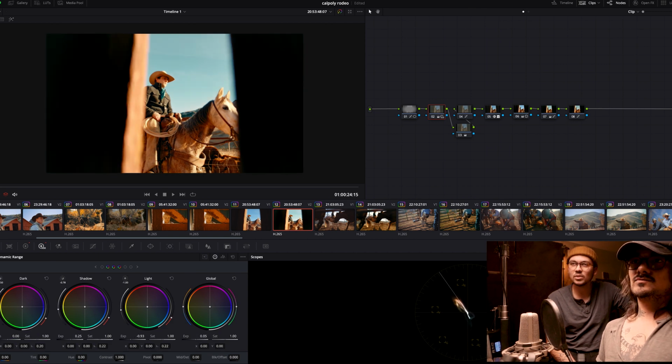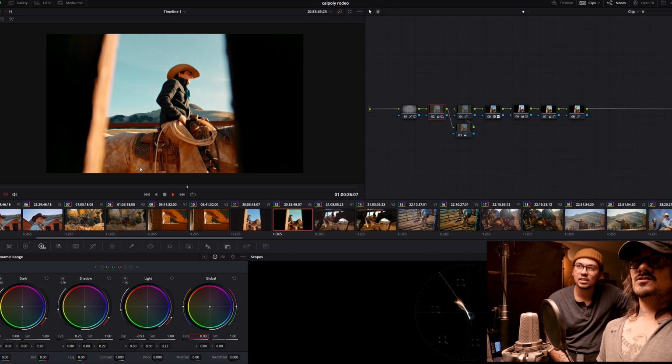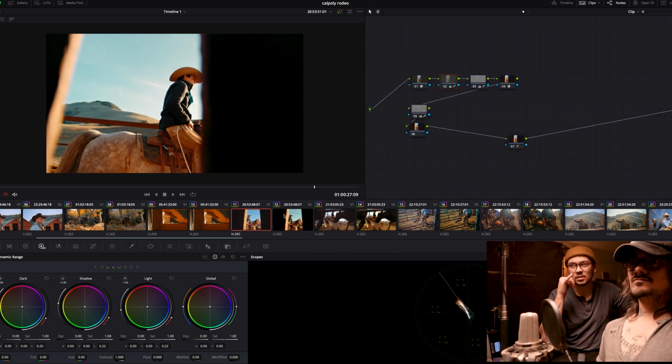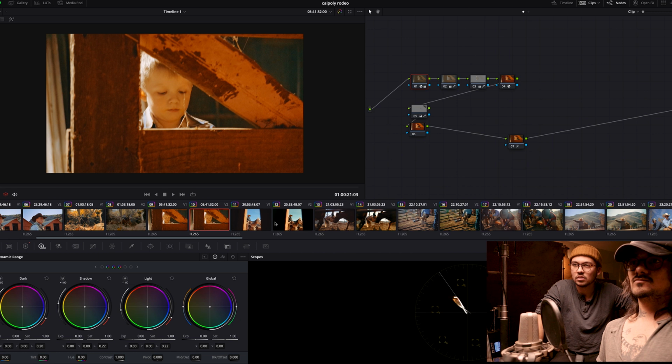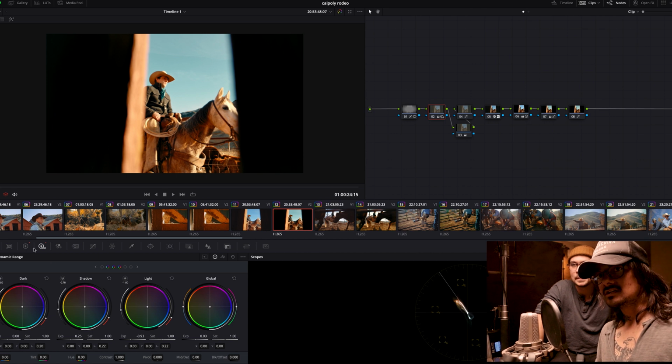Because I was like, oh, the wood's in. Great. I would probably go and lift the blacks up a little bit on this one, but let's go look at yours. What about this one specifically? I feel like the colors were way too crazy. Which one? The one you're on. This one? I feel like it's super, super saturated. The colors? Yeah. I mean, we could just go in and...